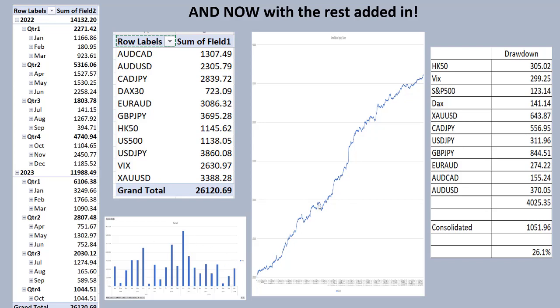And you can see the equity curve looks astoundingly good. Here's the drawdown on each of these models individually, potentially. You can see there's a couple of high ones there. There's the 8.4% on the GBP/JPY, 6.4% on the gold trade. So when you consolidate these all together, we've got a $26,000 profit, $4,000 of risk with the maximum drawdown on each of these individually. However, when they're working together, the worst period during this equity curve was a drawdown of